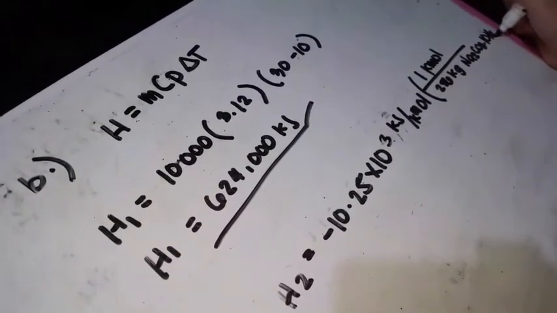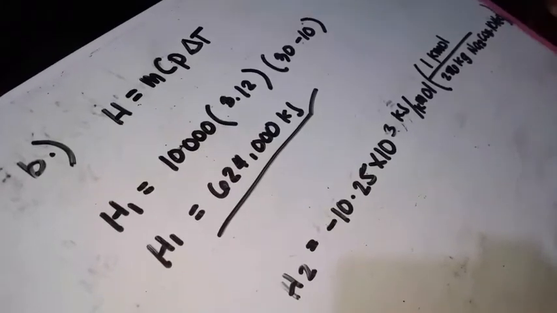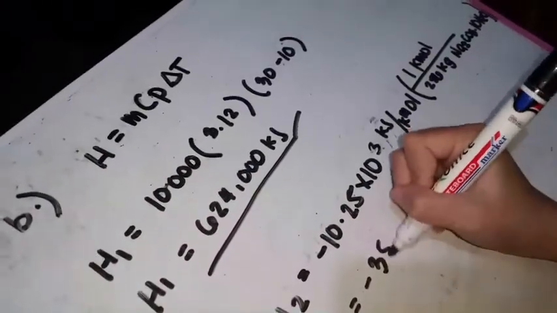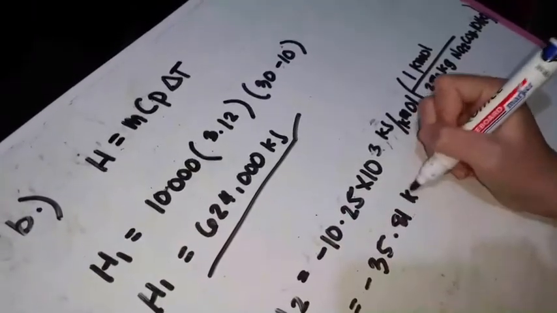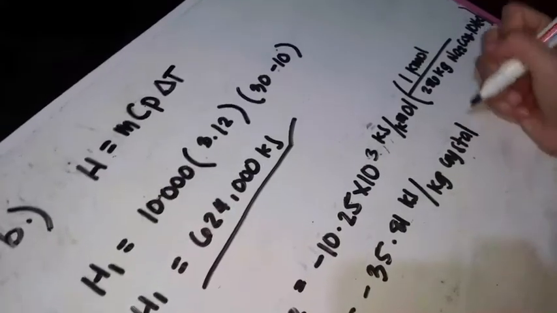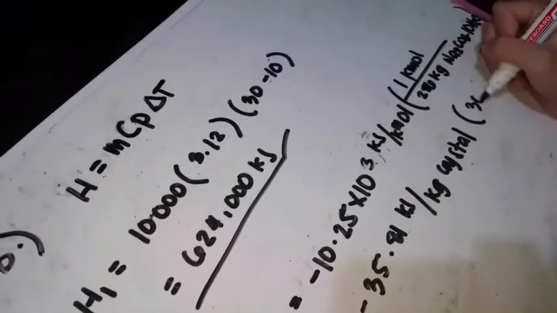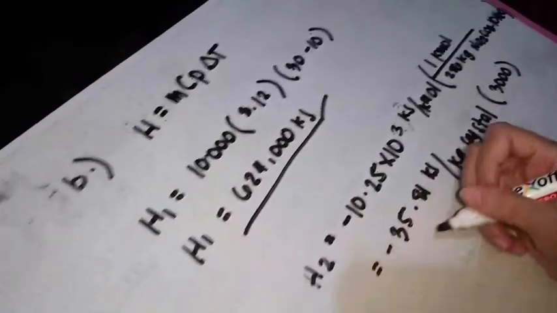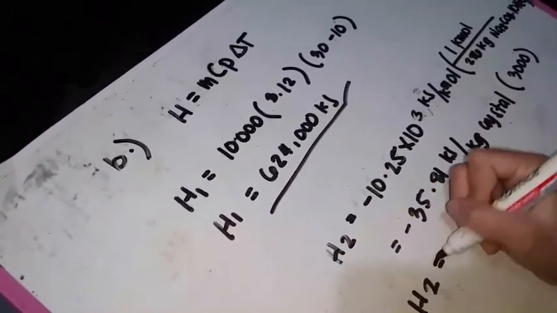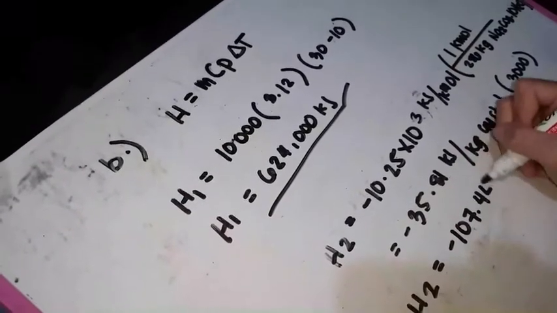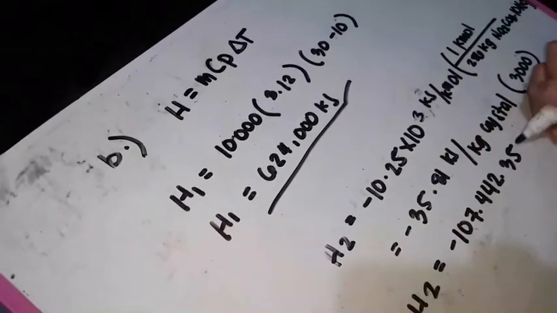To solve for H2, we multiply the heat of solution by 1 kilomole over 280 kilograms sodium carbonate decahydrate. Now we arrive at the answer of negative 35.81 kilojoules per kilogram crystals. And now we multiply it by 3,000 kilograms of crystals, so we get negative